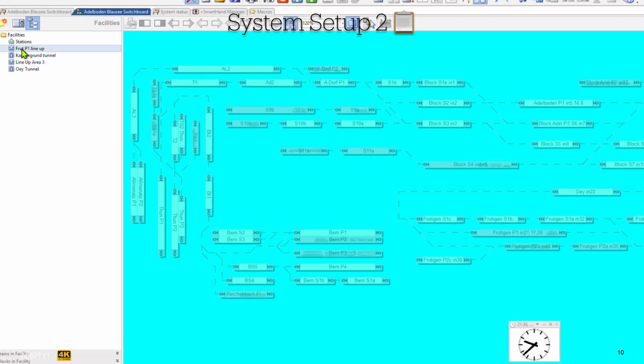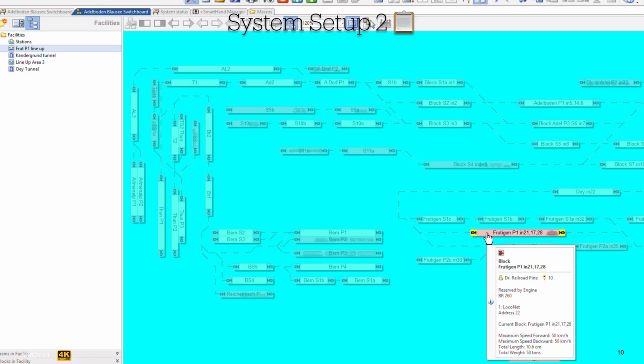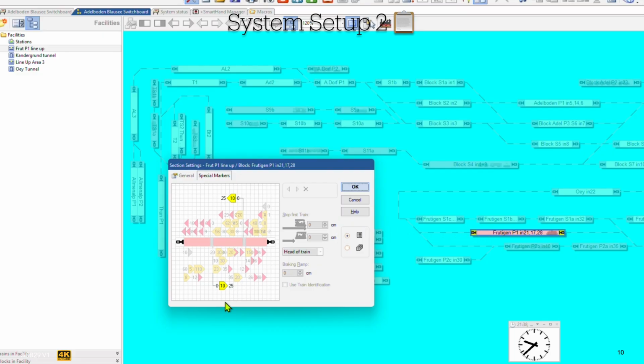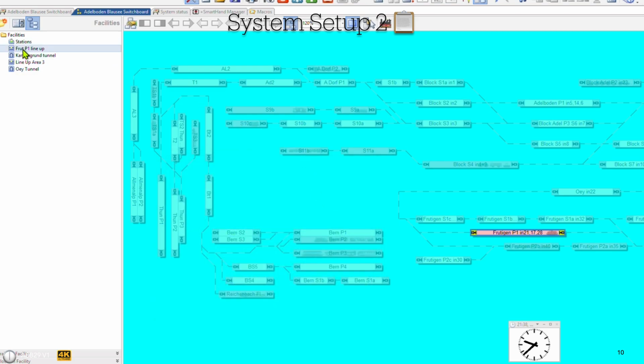But if we look at the one that's already created, you can see the block that's been selected. If I double click on that, you can see some of the settings, where the train should stop and the braking ramp. The usual settings you expect when you're using a block like this. Also, if I right click and bring up the properties,